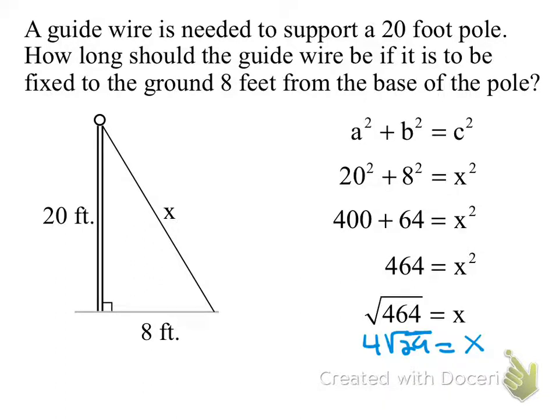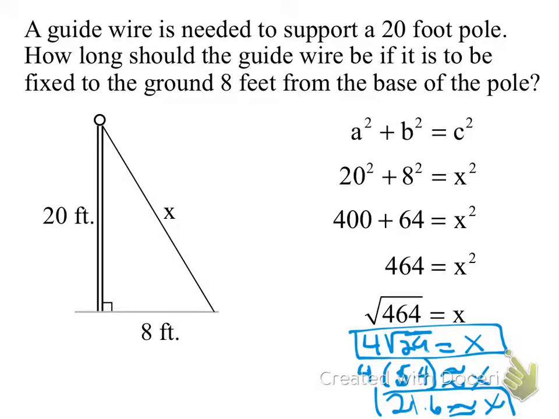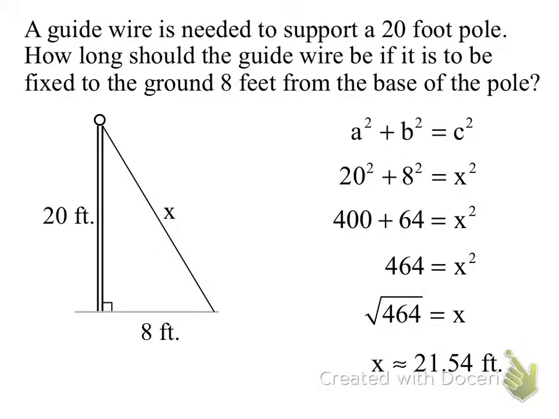But you know what? This is also an easier thing to do. Square root of 29, we can estimate that. Square root of 29 is less than 6, but more than 5. Maybe about 5.4, so that we could do 4 times 5.4. And that equals about 21.6. So 21.6 is about equal to x. Okay, so you have two answers here: 4 radical 29, or about, now if you look at my PowerPoint, they're going to be a little bit more accurate, 21.5. That was a pretty good estimate. So instead of having to find the square root of 464,